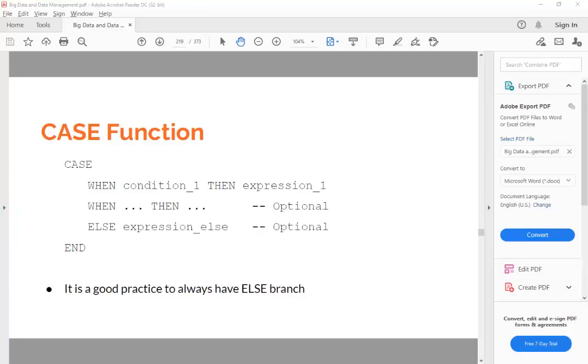Another very common function is a case function, or sometimes people say that it's a case operator. What it does is give you a branching capability. When you have a value, you want to categorize it. For example, if I have a birth date that is January 1st, 2000, is that in 20th century or 21st century? If a date is older than